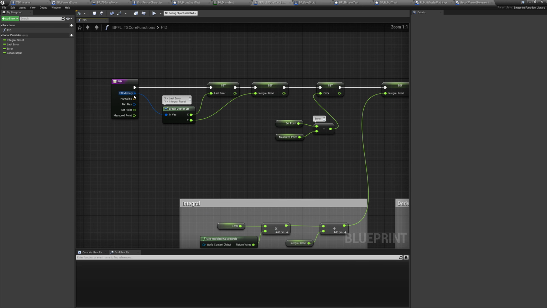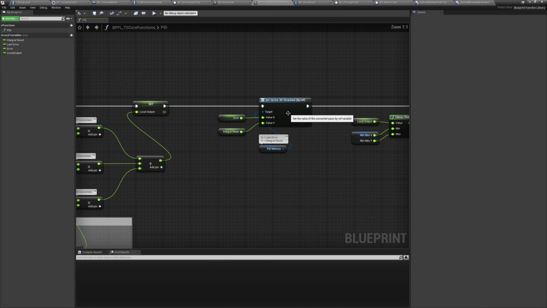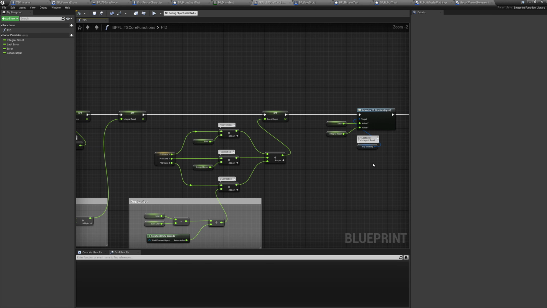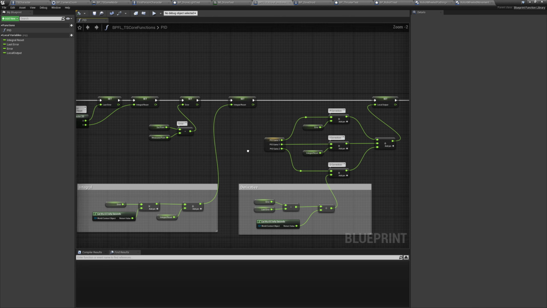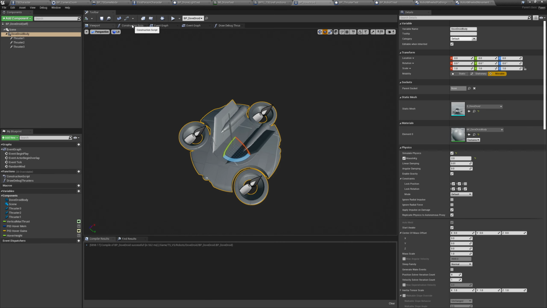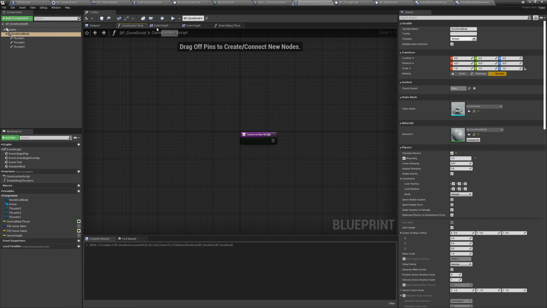So this is the memory. This is where it saves its last error and the integral reset. And so it's bringing that in by reference, and then that means you can set it later by reference. And so then all you need to do when you're setting it up in a class that uses it is